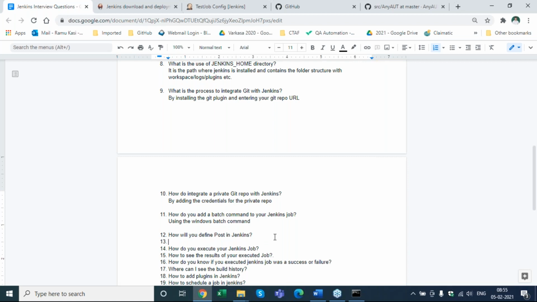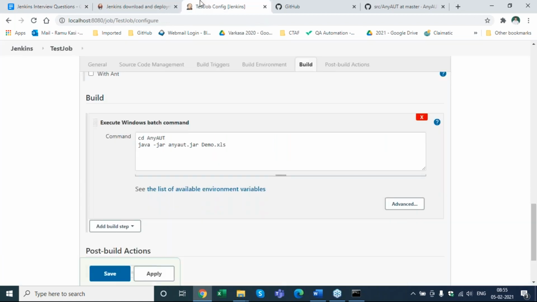From that GitHub repository, is it in my local machine or in the cloud? In the cloud. Then what is cd AnyAuth? I can't do a cd AnyAuth on the cloud, correct? So it's going to get local.